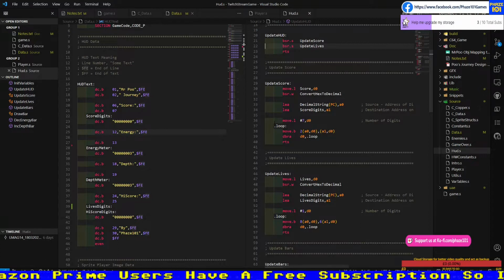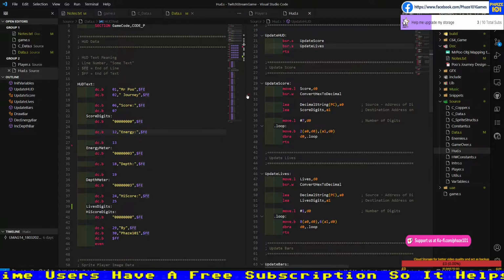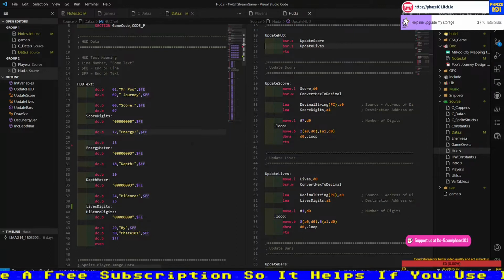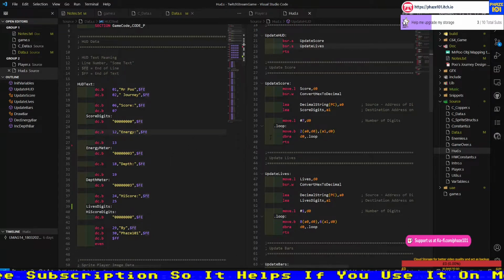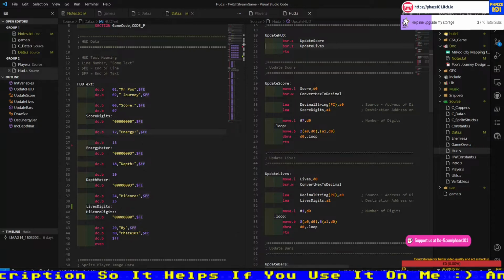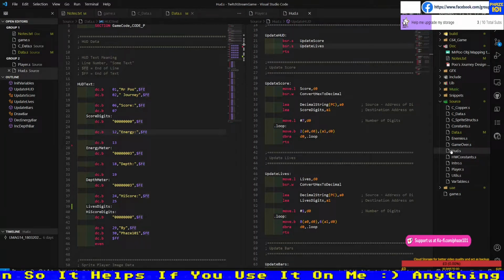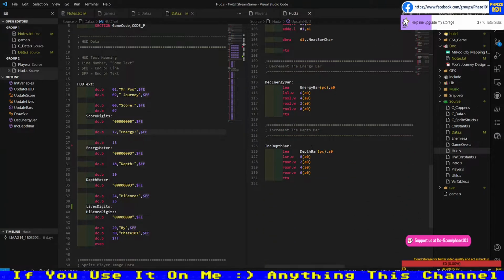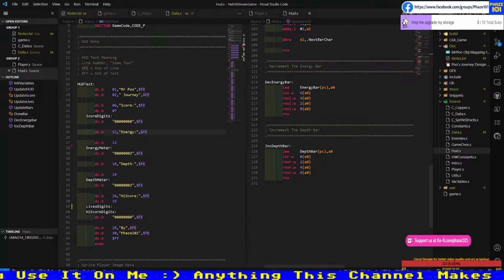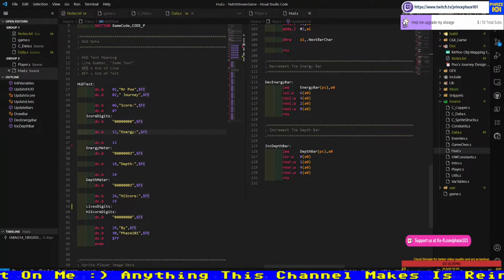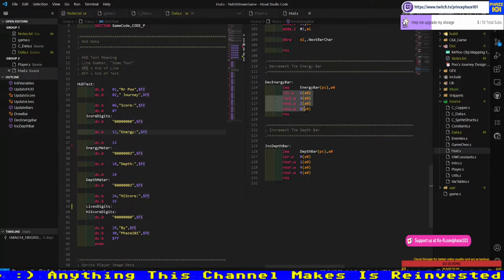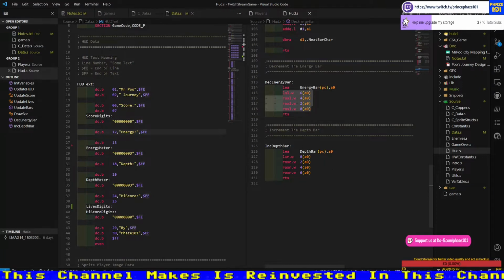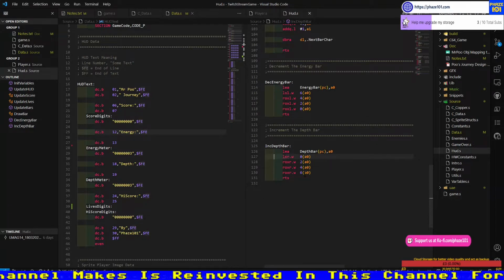So let's fix something in the bars. Remember, I told you that the bars have got an issue, and those are in the HUD, I believe. Yeah, here. So here we should have, so this one is fine. Okay, this one is the energy bar. When it decrements is fine, but this one is not. This should be